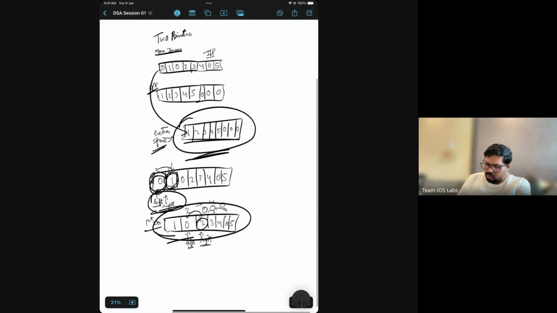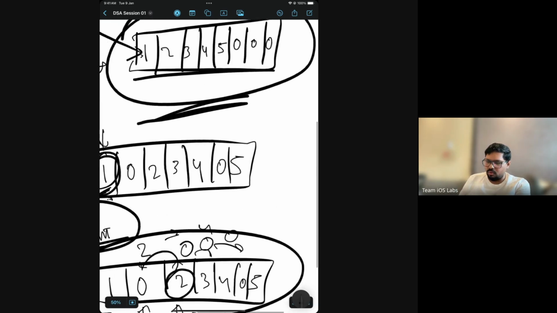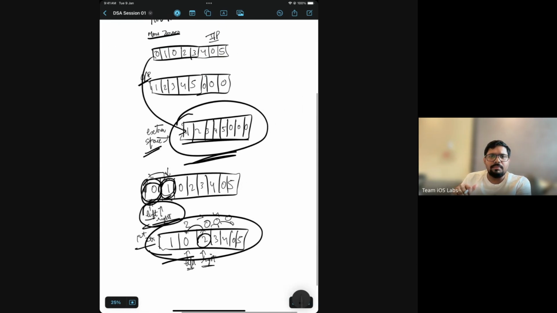So let me take you to the code. Maybe you can relate more with the code as well. But on paper, while we're doing this as a pen and paper approach, you're getting this algorithm. You can thumbs up. If anyone has any doubt, you can ask, or we can discuss any question around this.